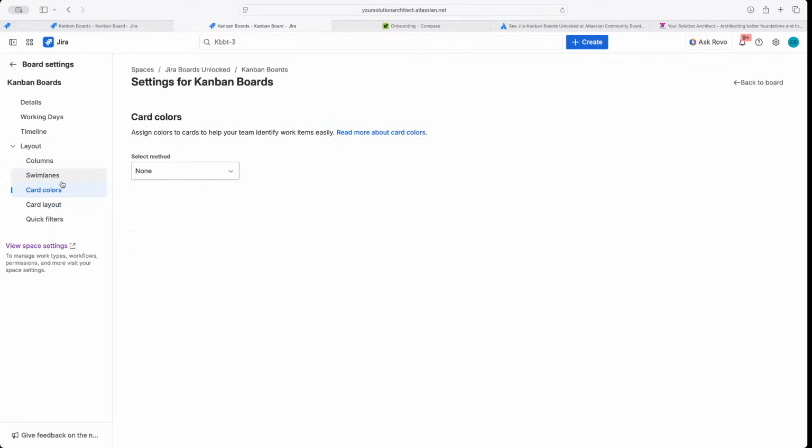And then you can change the card color. So you can actually assign colors to your cards to help you identify them really quickly. Some ways I've seen this done is usually by work type or priority. Those are the more common. Assignee, you can filter by assignee on a quick filter at the top, so I don't usually use it like